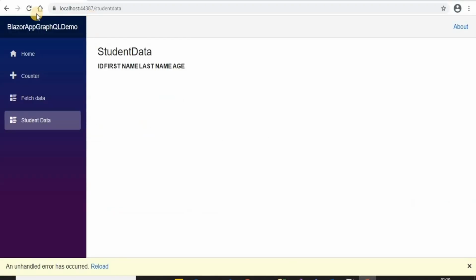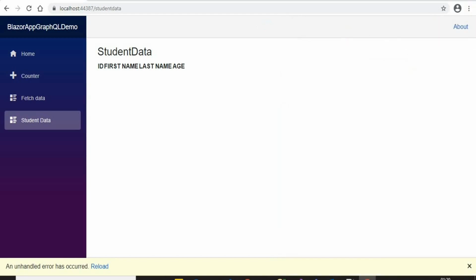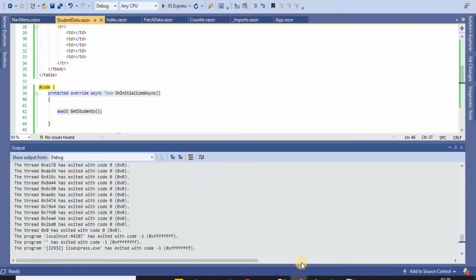Okay, let's open the developer window. Looks like we have an issue with the GraphQL API. We have a CORS issue, so we have to fix this from the GraphQL server. Okay, let's close this application now. Let's go to the GraphQL app,